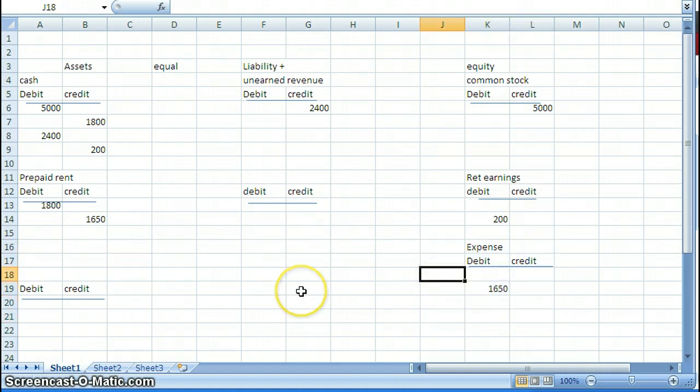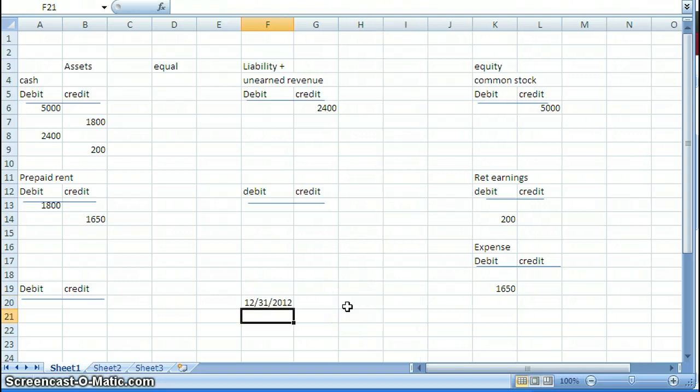Now we have to close out these accounts. So we start closing out the prepaid rent as of December 31st, 2012. Actually, the problem says it's 2012, yeah. So as of 12/31/2012, we have to start with ending balances. We have to start closing these transactions out. The ones that have one entry are pretty straightforward. We know that on the income statement, it's going to show $1,650 as expenses,